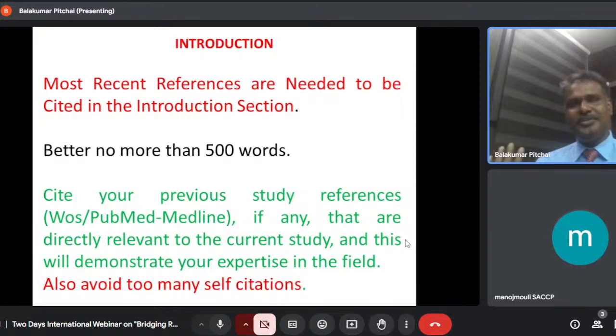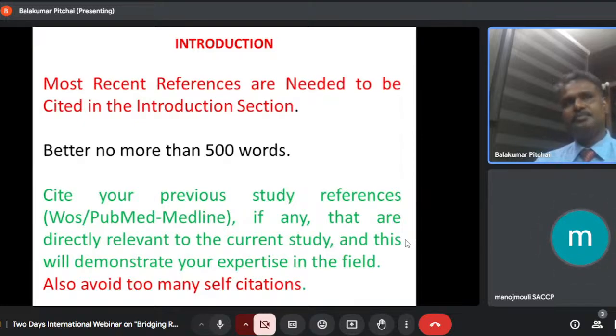Just 1.5 pages is enough, covering all the components I have told you. And try to cover 70% of the most recent references. Recent references means the last 5 years, 3 to 5 years. And if it is your follow-up study, you can cite your own references, but don't go for more than 5%